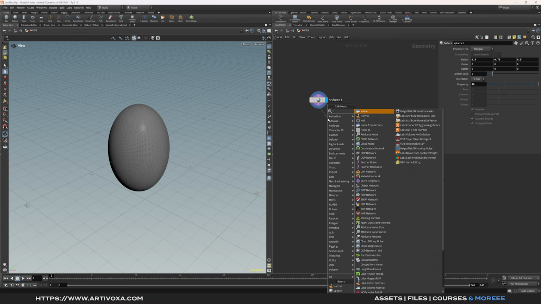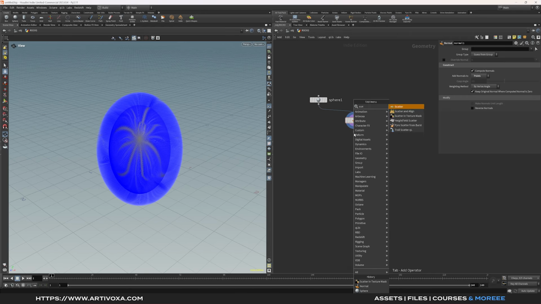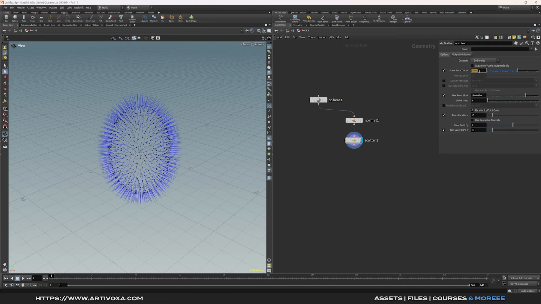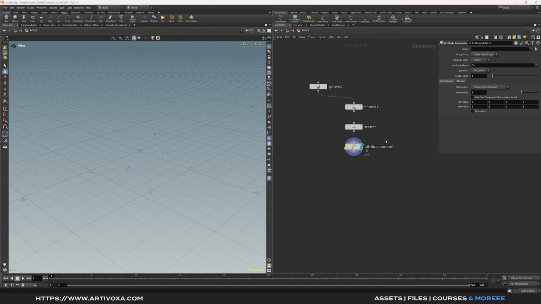So now I will add a normal node and I will put my normals on points. You can visualize the normals by clicking on these icons. So now you can add a scatter node. Here in my case, I will put the total count to 7, but you can change this value at any time. Now I will add an attribute randomize and I will create a pscale attribute,